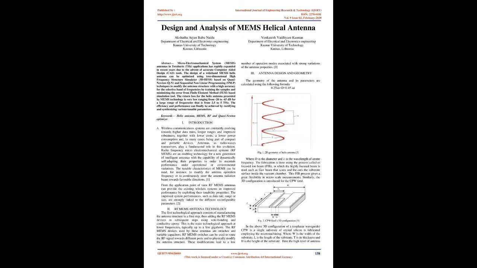The first technological approach consists of manufacturing the antenna structure in a first step, then adding the RF MEMS devices in subsequent steps using wire bonding and conductive epoxy. This is the main technological approach at lower frequencies, typically up to a few gigahertz. The RF MEMS devices used by these antennas are switches and variable capacitors. RF MEMS switches can be used to route the RF signal towards different ports and to physically modify the antenna structure. These modifications lead to a low